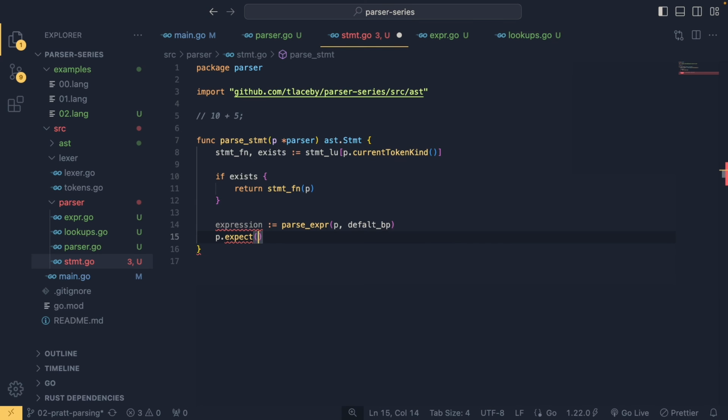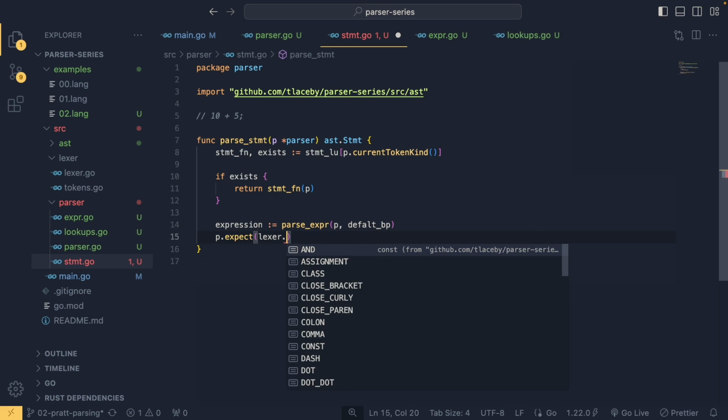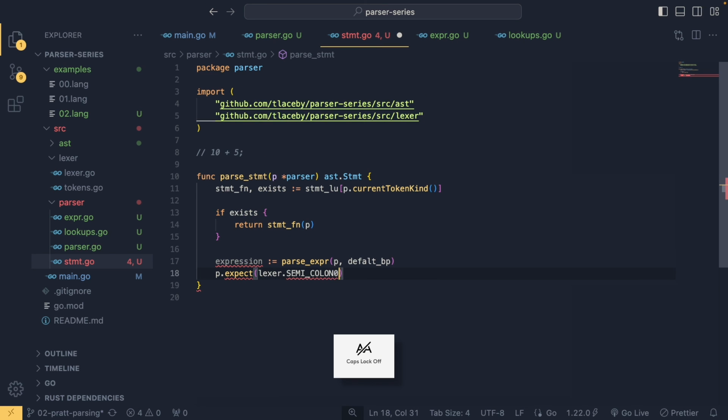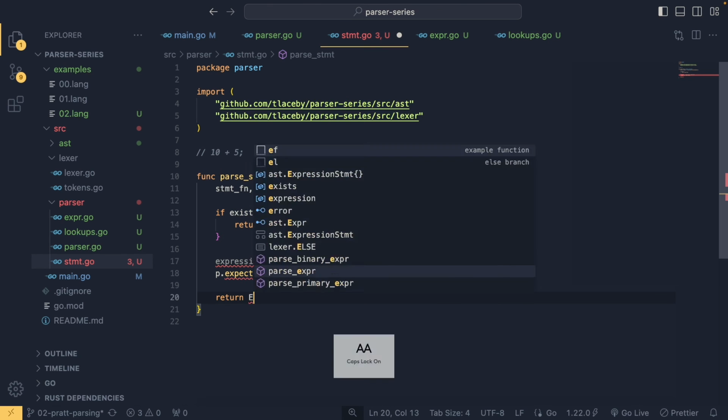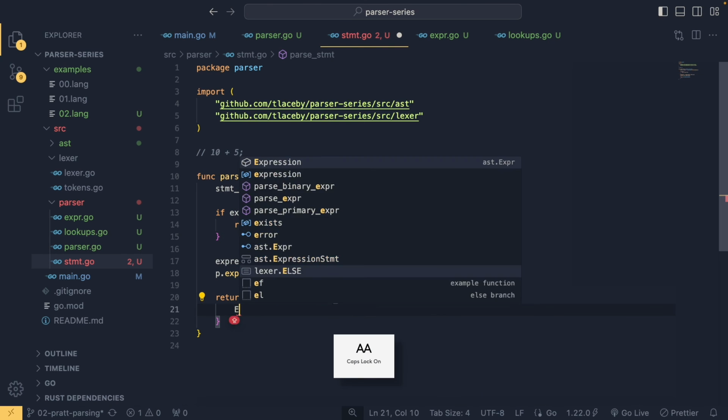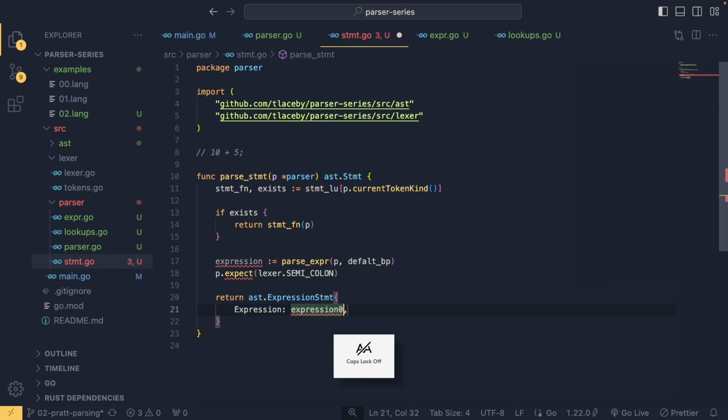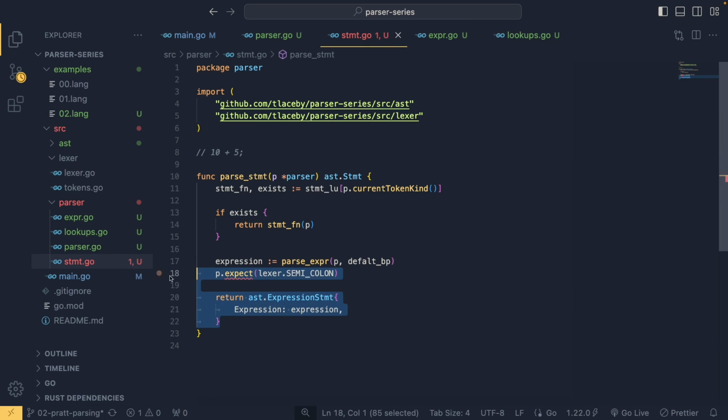So we're going to do p.expect. And what are we going to expect? Well, we're going to expect a lexer dot semicolon, like so. And then we're just going to do return expression statement, where the expression is the expression here. Beautiful. Now let's just go ahead and create